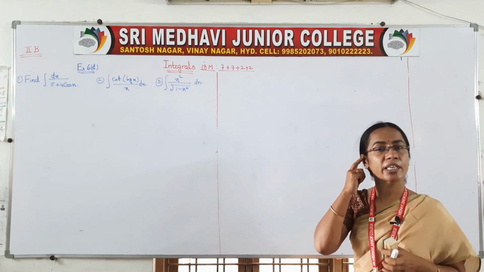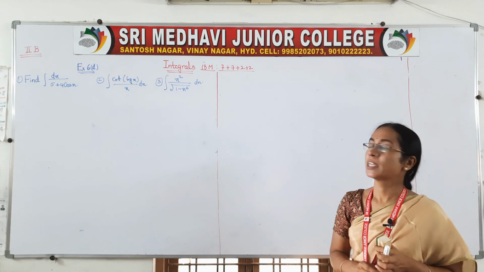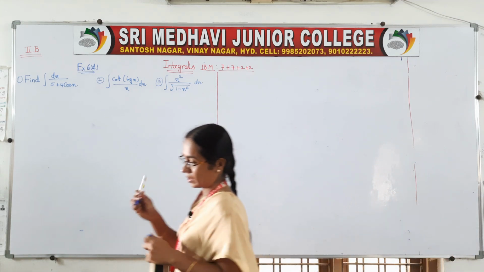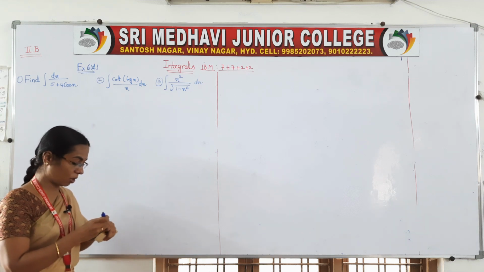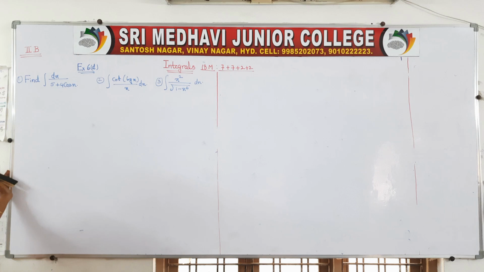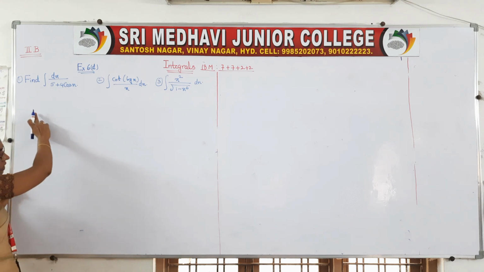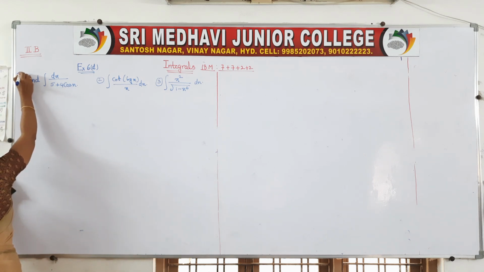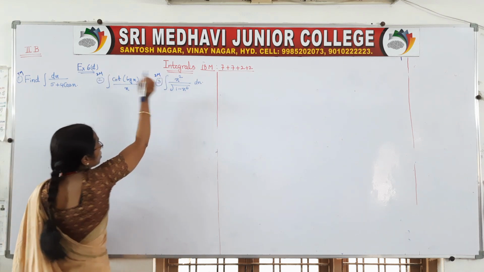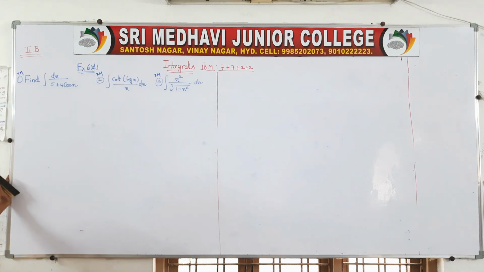So we are doing integrals problems from exercise 6D, right? We will do 60 problems, some more problems today. Come to this question. This is also a most repeated 7 marks question. This one is 7 marks, and this one is 2 marks, and this one is also a 2 marks question. Okay, so how will we do it?